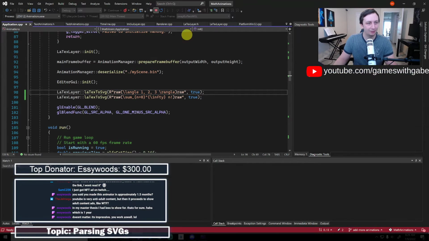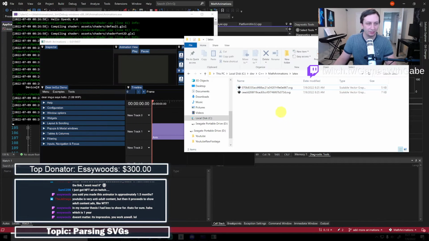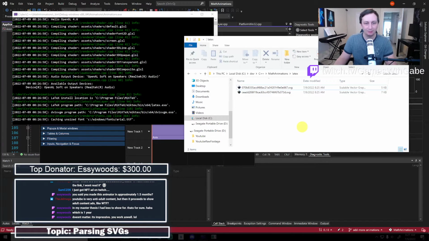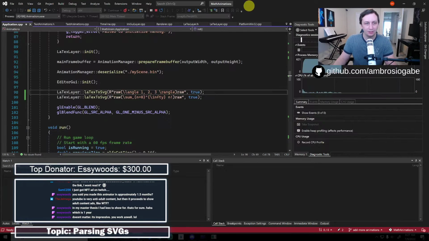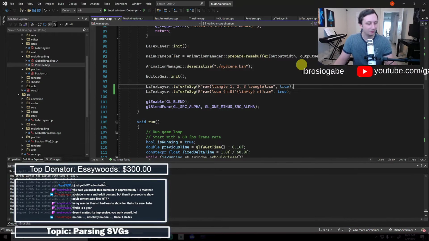So like if I were to relaunch this, it doesn't regenerate these. So you can see it's not doing anything because it knows that it's already got these cached. Eventually I'll have this cache in a specific place wherever your project is. It'll cache all these files for you. Maybe it'll have a global cache so that it can look to see if you've already done something in the past. I don't know. But yeah.